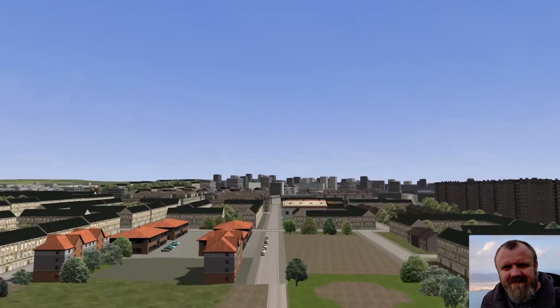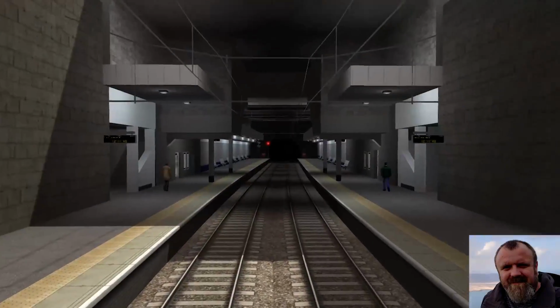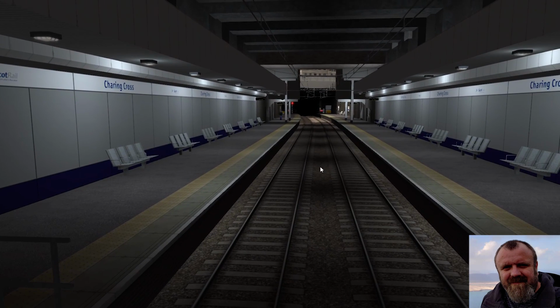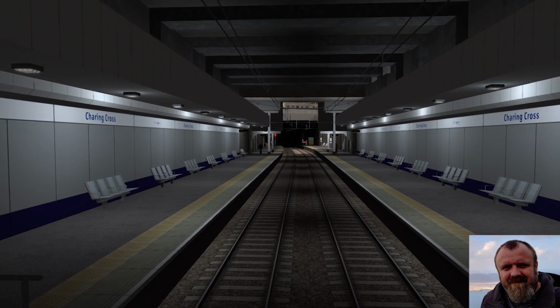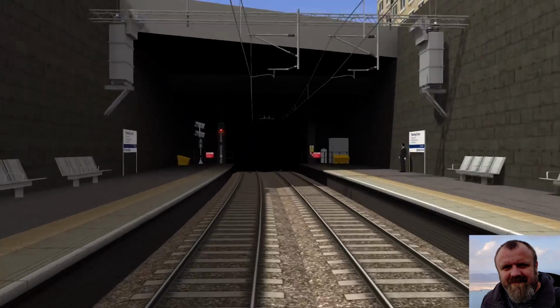I'll fly over the road here because Charing Cross is a subterranean station. This has been completely revamped. This was made from the bottom up by Rivet Games. It looks fabulous, I think. Again, before it was assets that I had crammed together, and it looked pretty awful. So there's the new Charing Cross. This is phase 2 we're in just now.